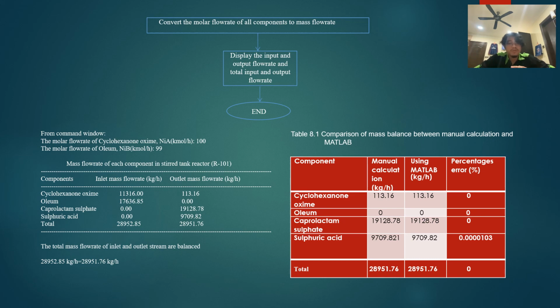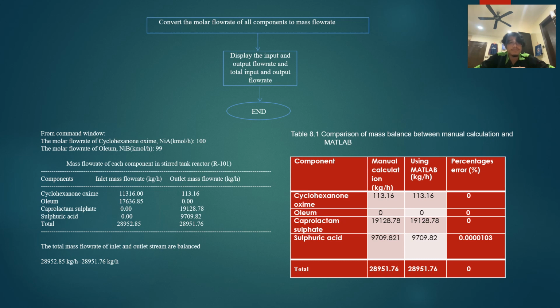From the command window, we need to enter the value of inlet molar flow rate of cyclohexanone and also oleum. After that, we obtain the mass flow rate of each component in the continuous stirred tank reactor, and the result shows that the total mass flow rate of inlet and outlet streams are balanced. After that, we do a comparison of the outlet mass flow rate obtained between manual calculation and MATLAB. They are almost the same. The only difference is for sulfuric acid with only